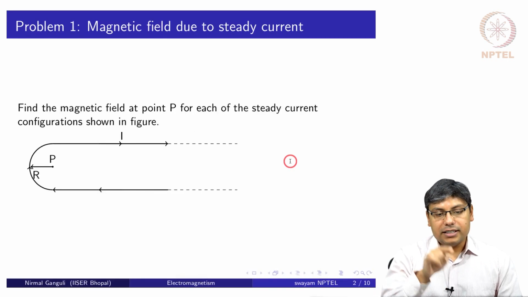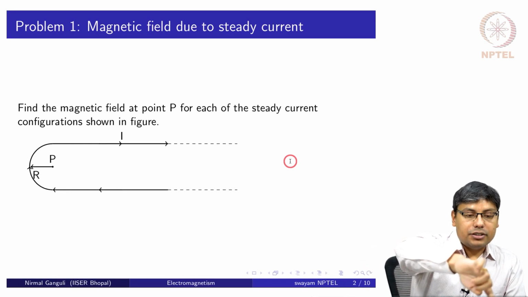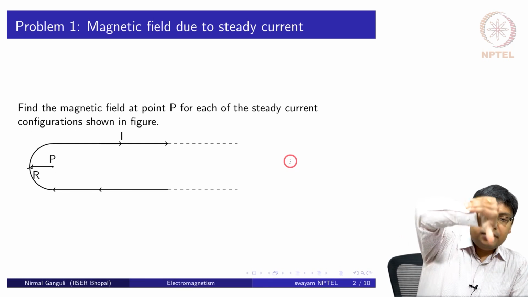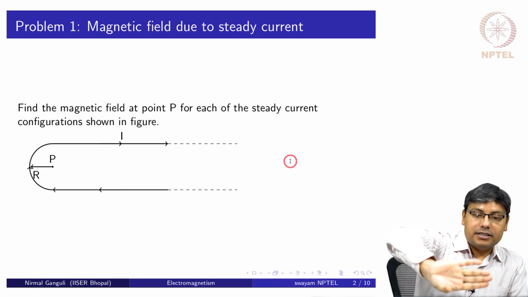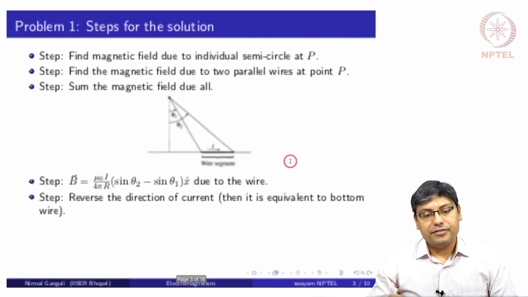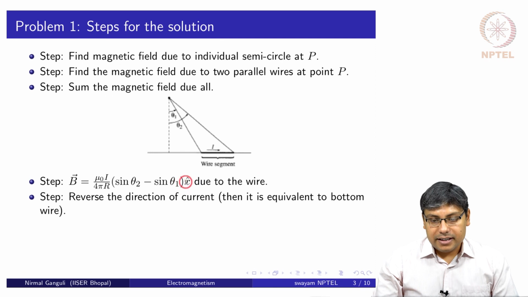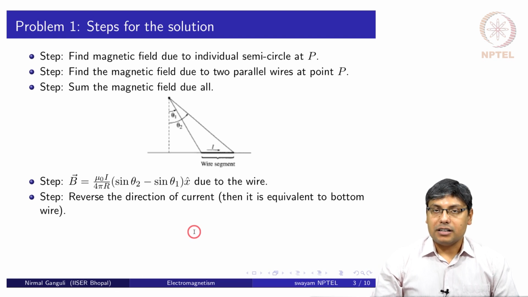But if we look at this case, we will see that for the circular part, the semicircular part, I cross r cap will point into the screen, and also from the parallel straight current segments, I cross r cap will always point into the screen. So if in this case it is x direction, the direction of magnetic field for our problem would be minus x. So you can pause the video at this stage and try to solve the problem yourself, and later on you can restart the video to find any hint that you need.